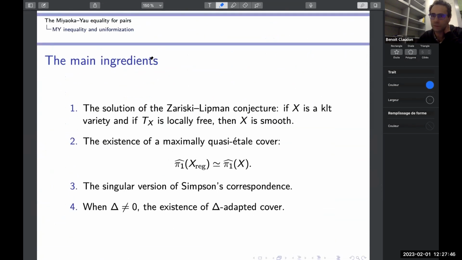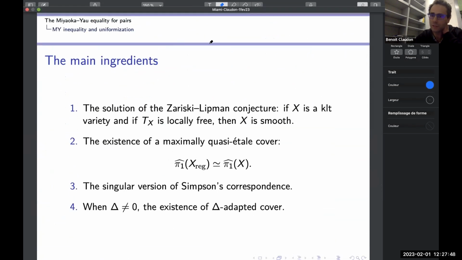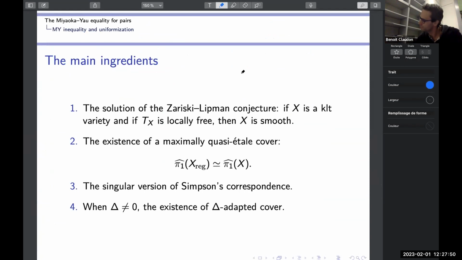Okay, so let me give some hints on the proof. Here is the main ingredient of the proof. First, this is the solution of the Zariski-Lipman conjecture. If you have a KLT variety, and its tangent sheaf is assumed to be locally free, then X is smooth. So this is really